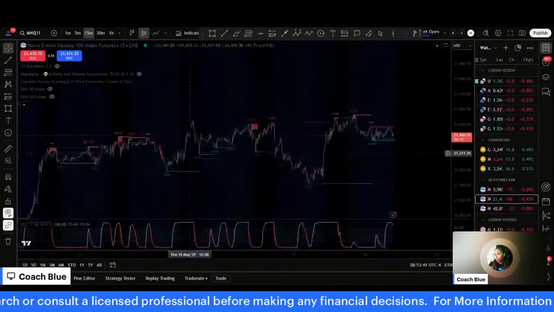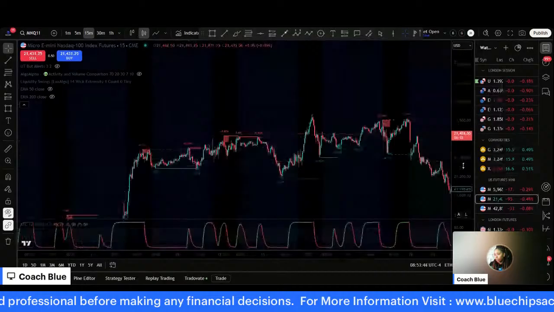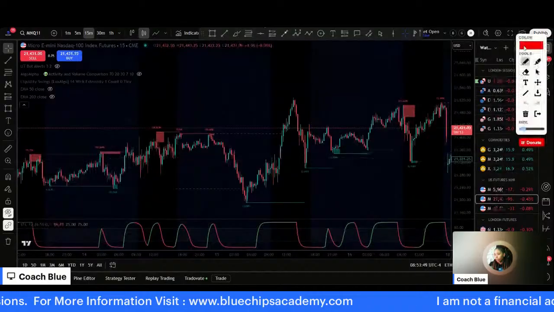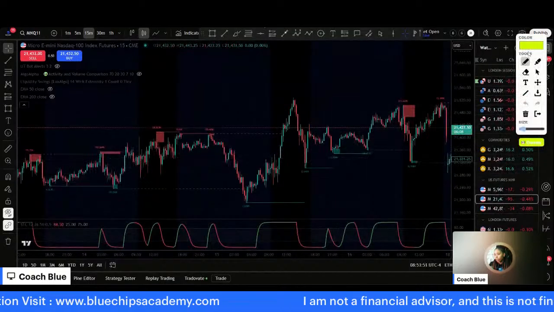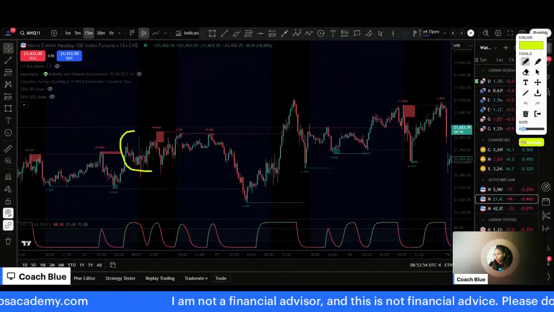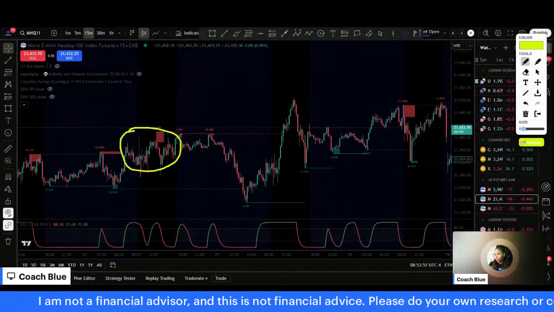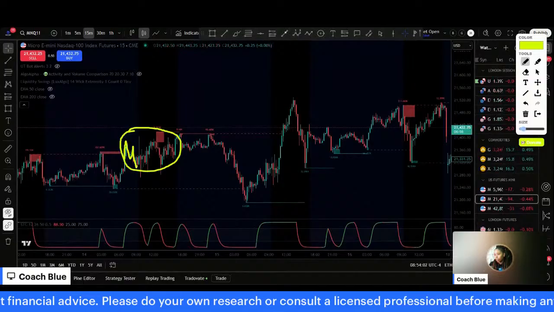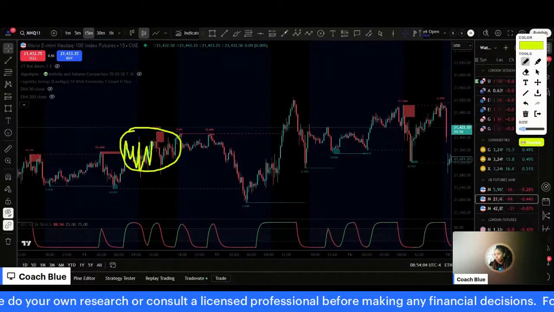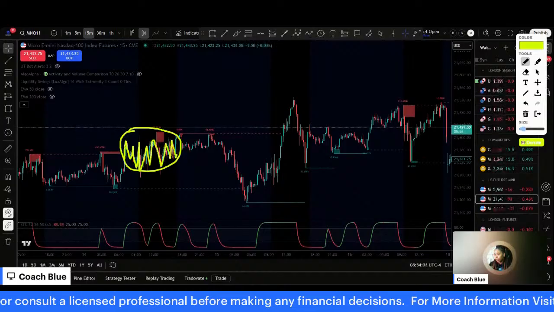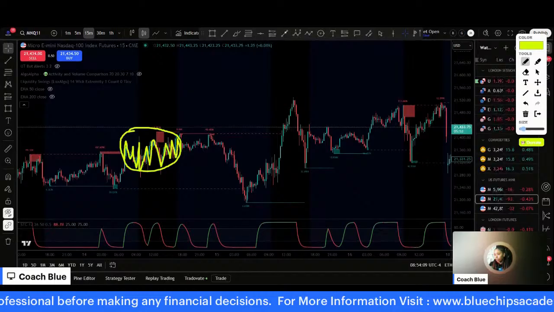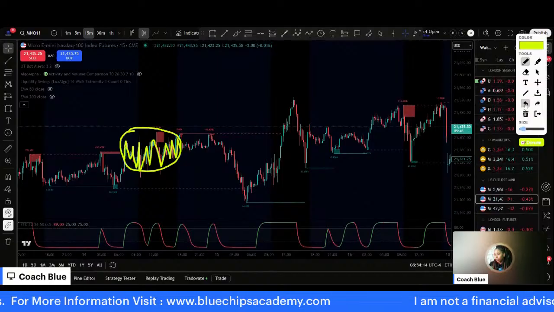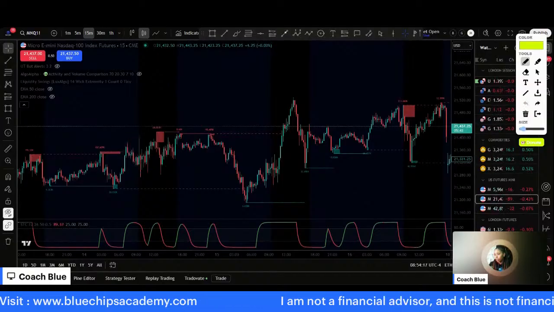So when you're looking at this area right here, I'm going to circle it, and I'll put my pen in yellow so you guys can see. This area right here is consolidation. Notice how the candles are just choppy and moving back and forth. You don't want to trade in these type of situations. This is consolidation. That's how it looks on the chart.